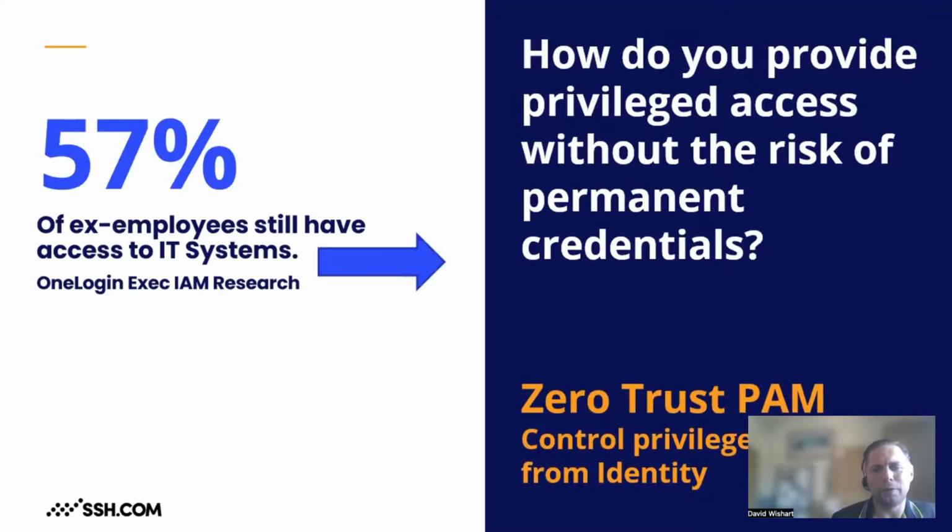Essentially, your joiner, mover, leaver process needs to be tightly in sync with your provisioning and deprovisioning of privileged access, and also your provisioning and deprovisioning of servers. So we would advocate that our privileged access is best controlled with the user identity attributes or group membership within a user directory. So every access must be identified to an individual, whether they are an internal employee or external contractor. And that's typically what people refer to as zero trust.